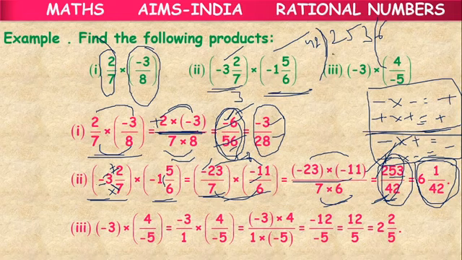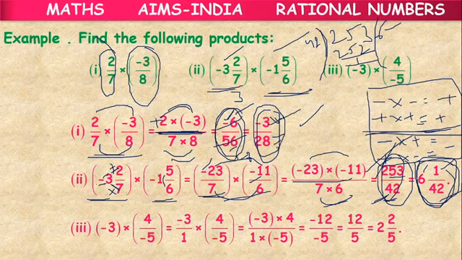We multiply 42 with 6, we will get 252. Remainder will be 1. So how to write it as a mixed fraction? 6 is the quotient, 1 is the remainder, 42 is the divisor. So we can write it as 6 1 by 42. But here we have not written it like that in the first case. Why? Because there the numerator is lesser than the denominator. But here the numerator is greater than the denominator. So there is a possibility of writing it as a mixed rational number or mixed fraction.